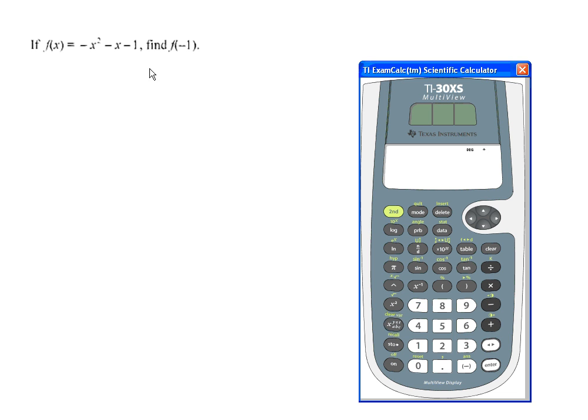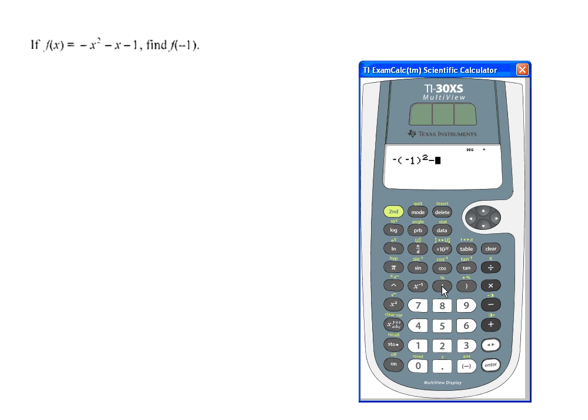Well, what that tells us to do is after the equal sign, all of this right here, we're going to put a negative 1 everywhere there's an x. Now, once again, there's a lot of kids that miss this because they don't want to put this in parentheses. And whenever you've got a squared, the number has to go in parentheses. And so we're going to put negative parentheses, negative 1. Now, the exponent does not go inside the parentheses because it's not a part of the x. Then we square it,